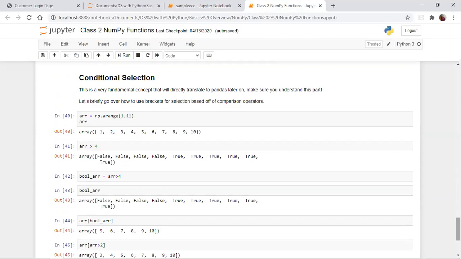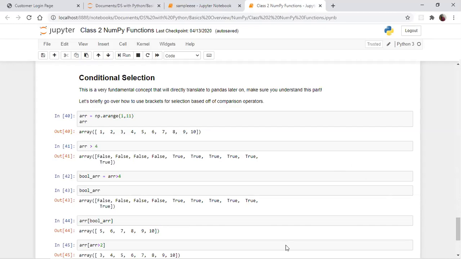Or else you have only one element in B and 2 by 2 elements in A, you can do this. But we can't simply perform arithmetic between 4 comma 5 and 5 comma 5. So this is the concept behind broadcasting.